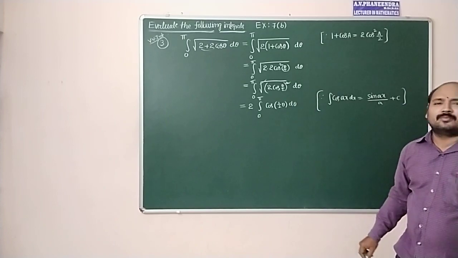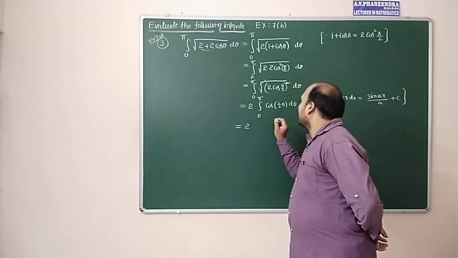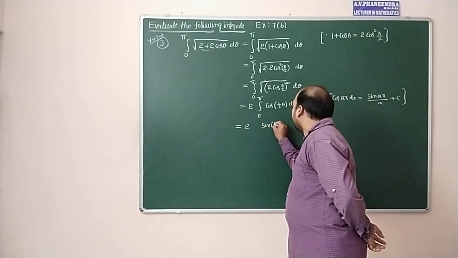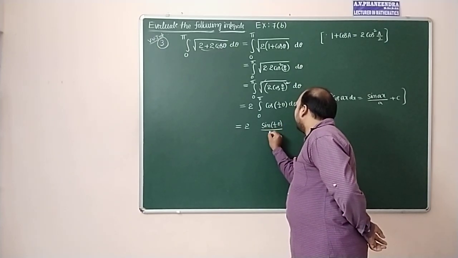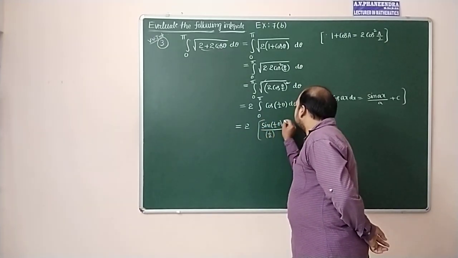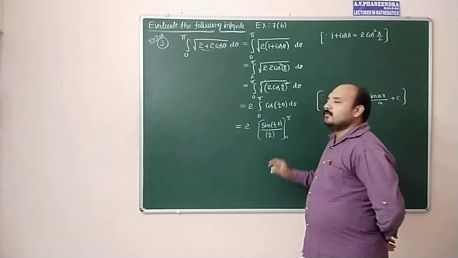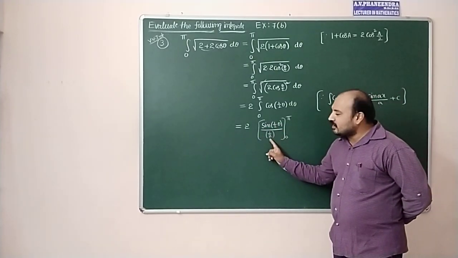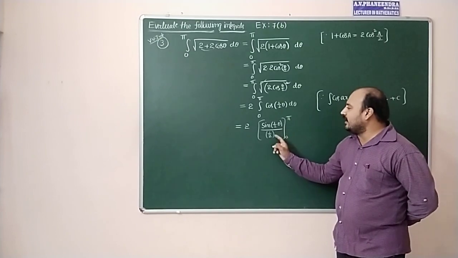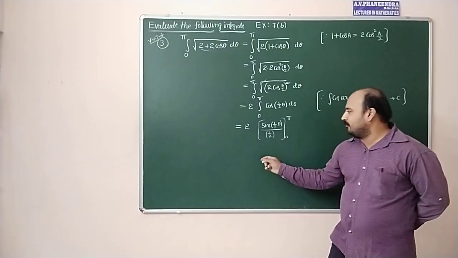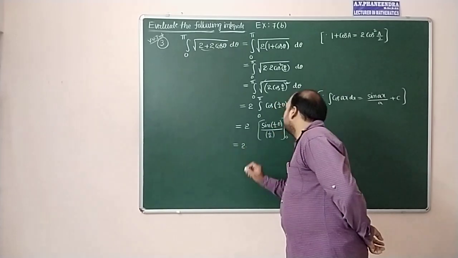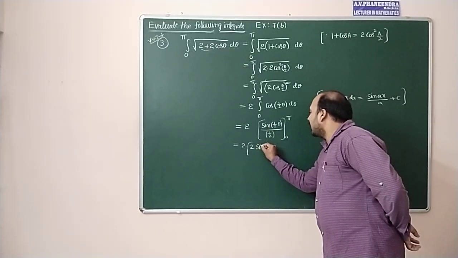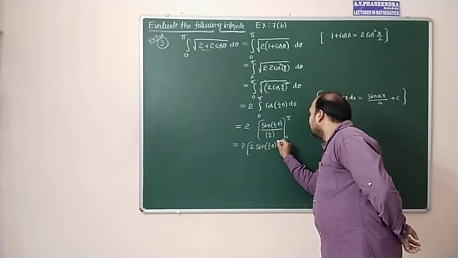Otherwise, we can write cos theta by 2, which is equal to 2 into integral cos a theta. So sin a theta by a means here sin 1 by 2 theta divided by 1 by 2. Applying the limits 0 to pi. After denominator, it will become a numerator. And whenever it is constant, even within the limits also we can take outside. Constant is not a problem. So 2 into, suppose if you have doubt, you can keep it here only. 2 into denominator after denominator numerator, sin 1 by 2 theta, 0 to pi.